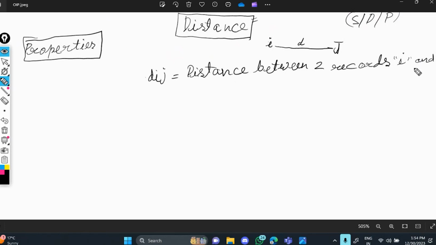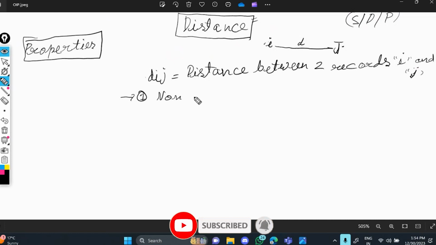I and j. So you can say dij is equal to the distance between two records i and j. These are the records, and we have to calculate d here, which we do in Python. But there are some properties also. The first one is